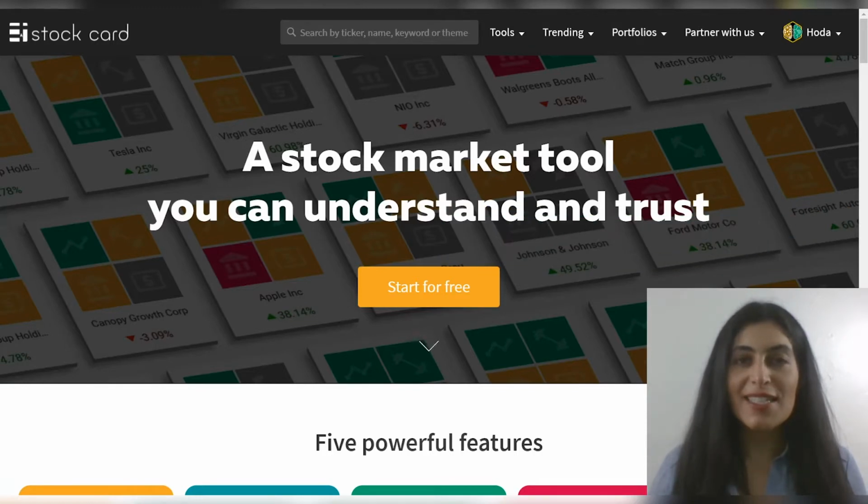Today I thought I'd turn on my camera and talk to you about ETF cards. Some of you know we've been working on ETF cards for a long time, and finally last week we have a major update to how ETF cards look and work on Stock Card. So I'm super excited to show you how you can use ETF cards in your research,